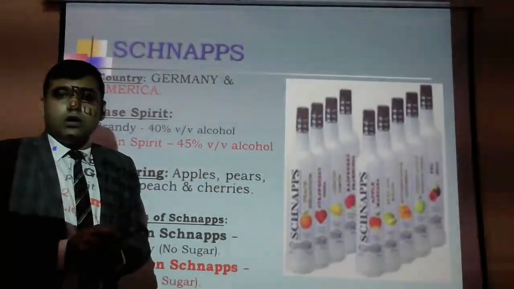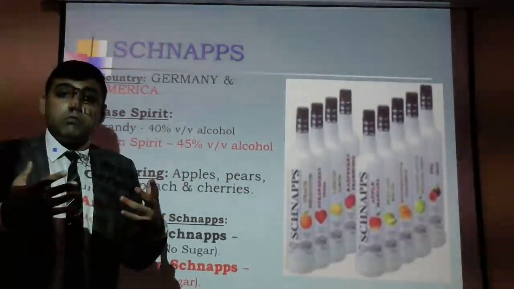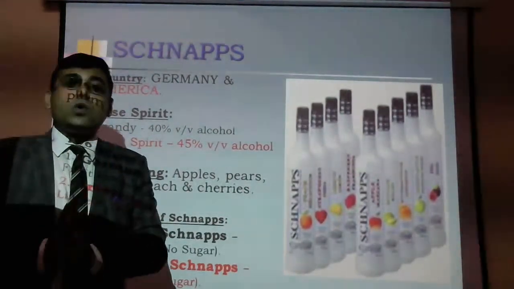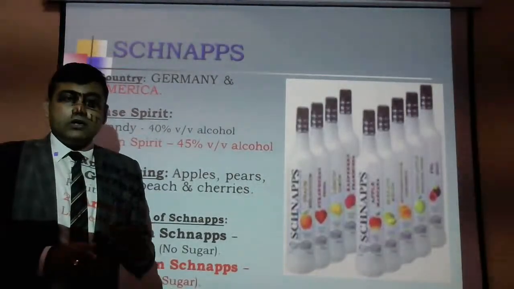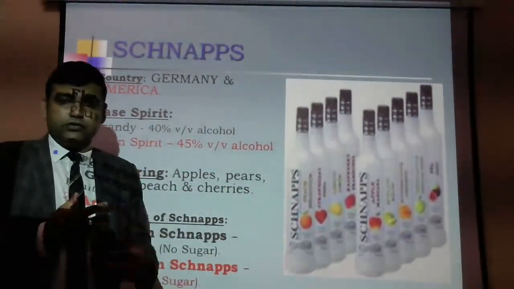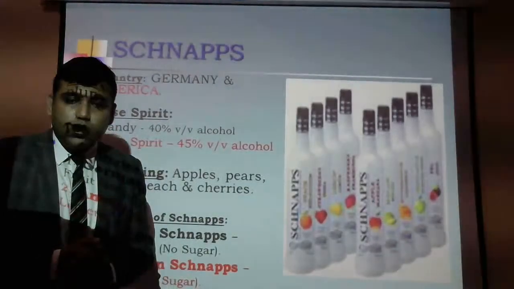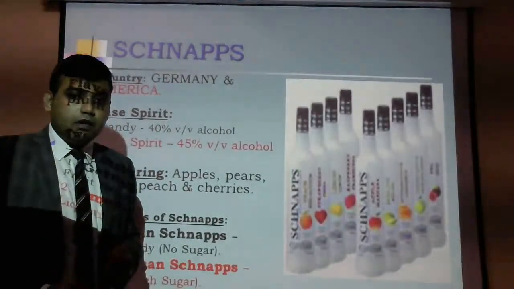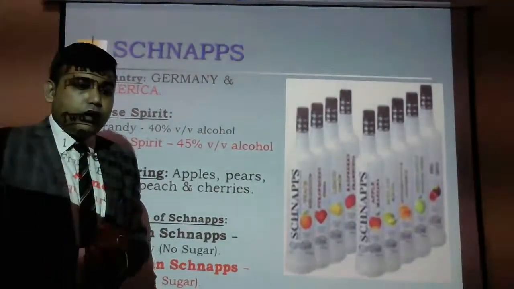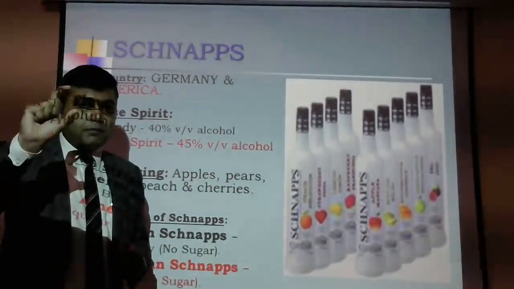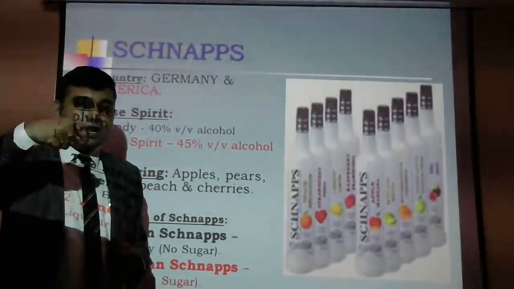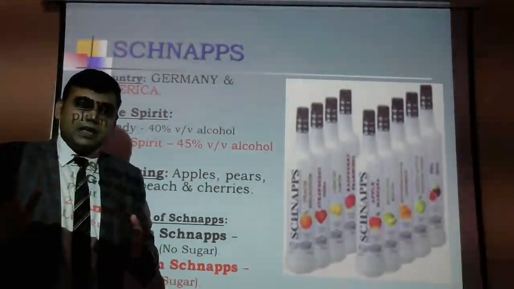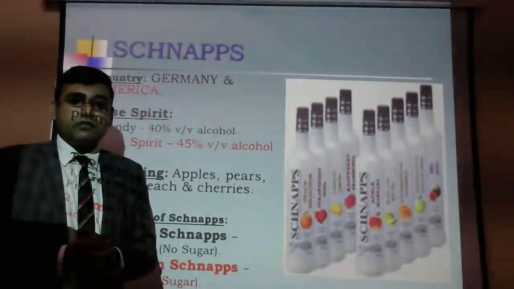Now, how you make Bellini or Mimosa? These are very renowned sparkling wine cocktails. You add sparkling wine in a nice tulip glass with bubbling champagne or sparkling wine, and you put 15 ml of fruit snap. For example, for a Bellini cocktail, we use 15 to 20 ml of peach snap, and you stir it along with the sparkling wine and serve. It is like a game changer. It changes the taste of the drink and people enjoy it very much.